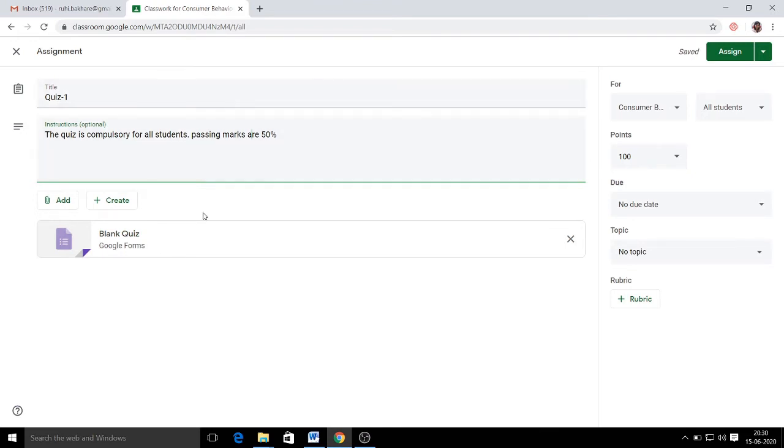Now again, just like assignment, here also you will see these two tabs. If I click on this add option, again a drop down menu will appear, and just like in the assignment, you can click on Google Drive, and in case a ready-made quiz is available, you can provide the link, or in case of any other platform from where you want to make the link available for the student, you can provide the link to the students. In case an already created quiz is stored on my computer or laptop, I can attach it for my students.